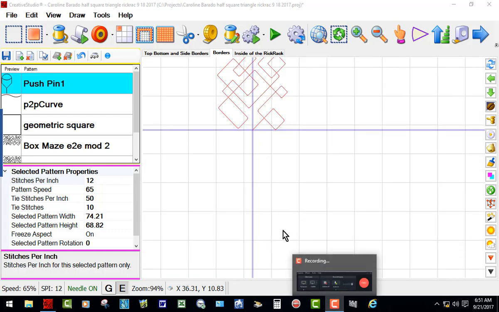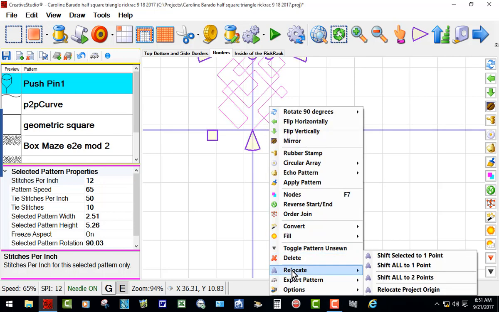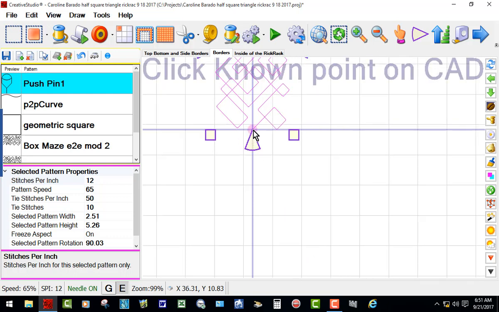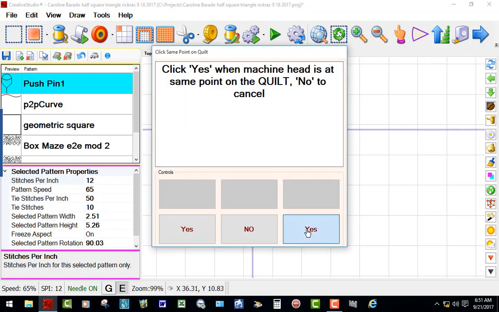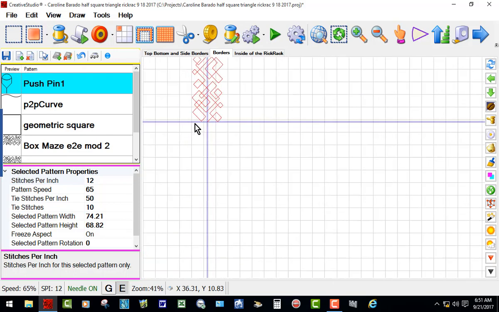So I just came up and I did a relocate. I right clicked, went down, did relocate, shift all to one point. I have the end snap turned on, left clicked on that point, clicked yes, and it did relocate everything around